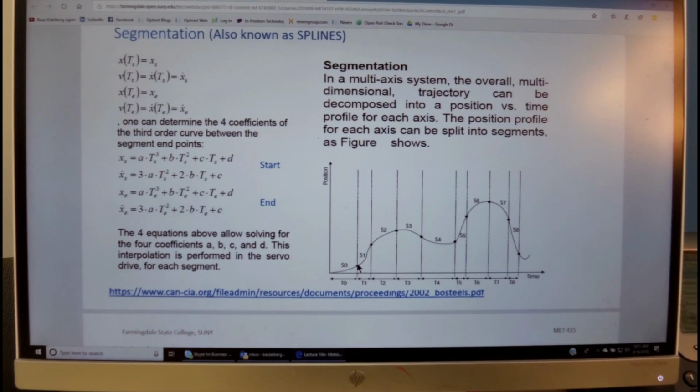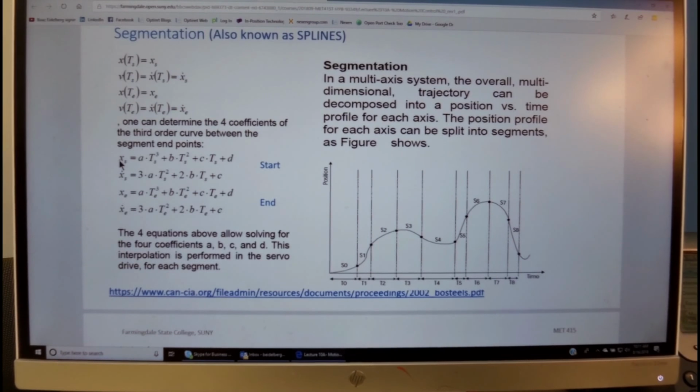If we know the position and the velocity at the initial phase, and the position and the velocity at the final phase, then we can generate a third order curve, which has the description of A times t cubed plus B times t squared plus C times t plus a constant D. And then, if we know the velocity and position here, and velocity and position here, we can solve these four equations and four unknowns.